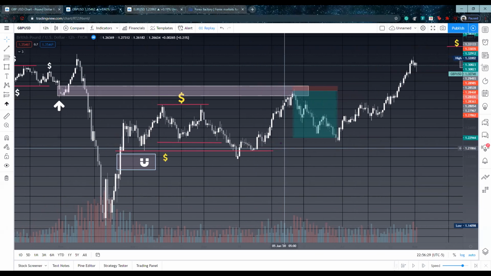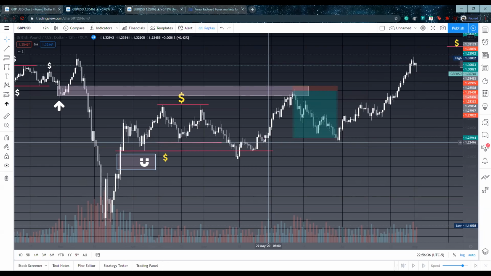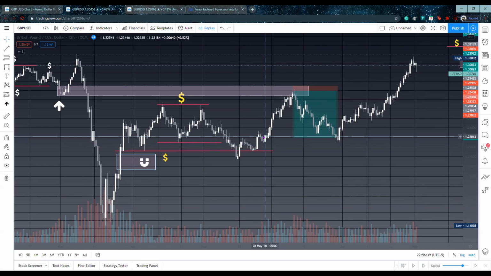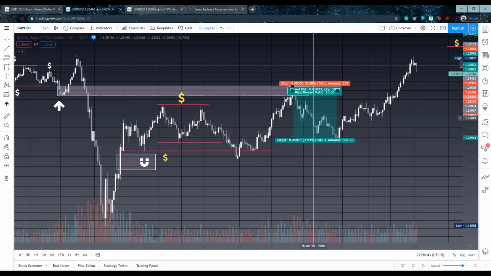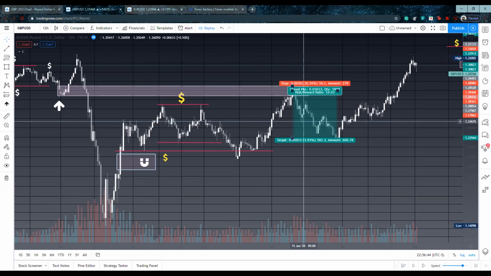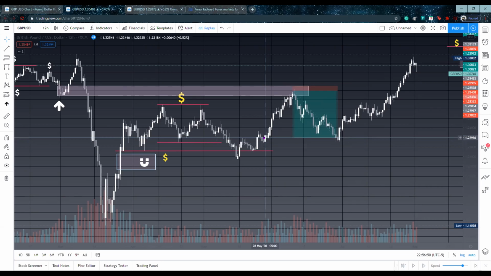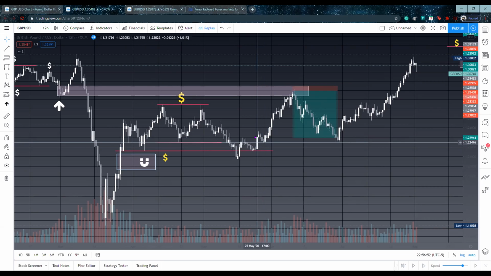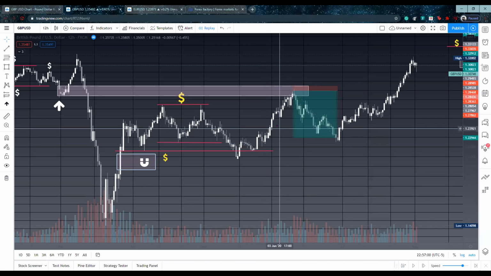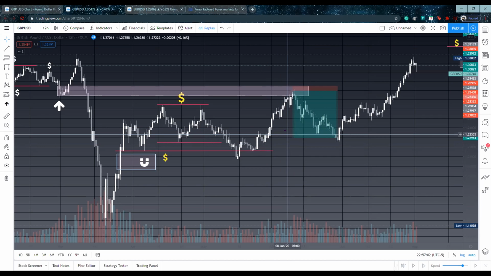Right. So there was this significant piece of structure. What I would really do when it comes to setting my take profit is, firstly, the first order of business is securing your profit. Now, where would this profit be before the order block? You could say this is an order block. You could say this is an order block technically as well on maybe the daily. You can say, however, I placed my take profit there because of the fact that